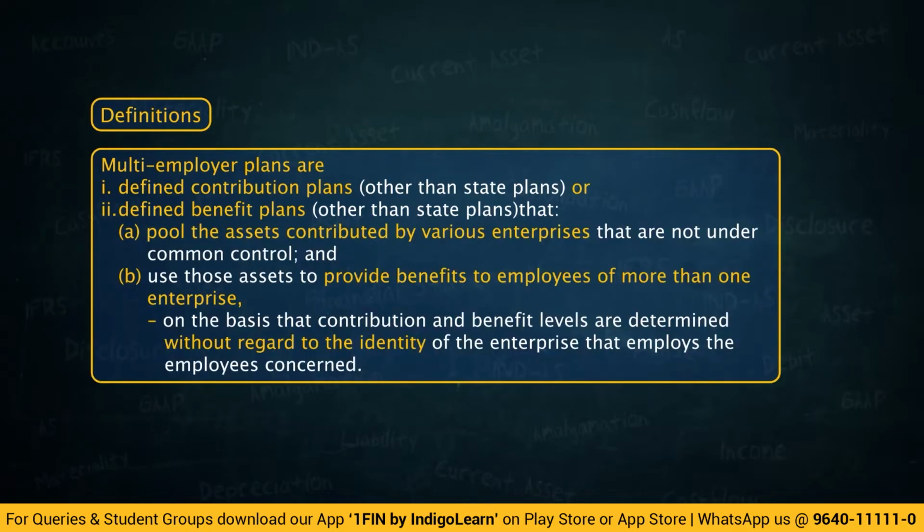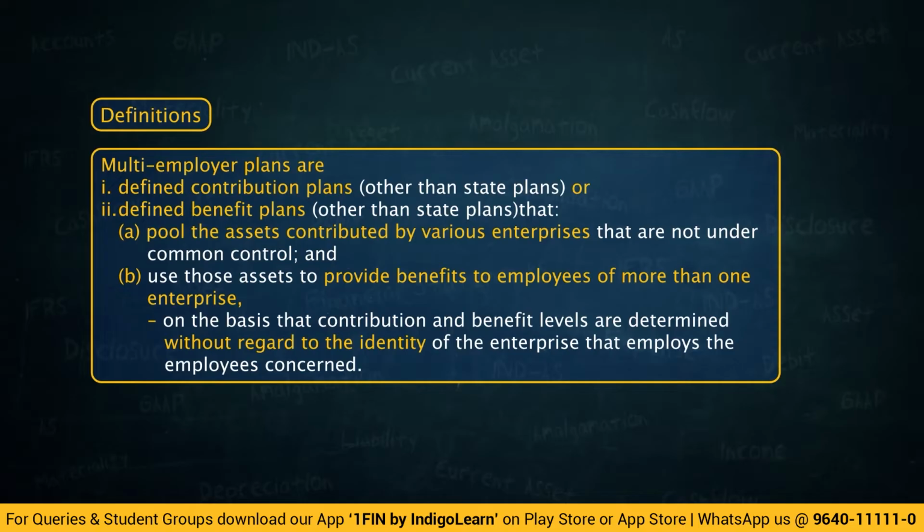That pool the assets contributed by various enterprises that are not under common control. So basically there are different entities who are not owned by the same person. I am assuming in that example all 4 entities are separate and they are not owned by the same person. Now don't raise a technical point of whether TCS and Tata Motors are owned by the same person or not. Don't worry. So basically I am assuming that all 4 are independent enterprises, not under common